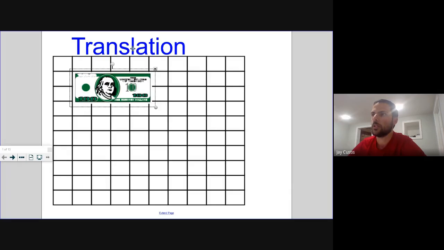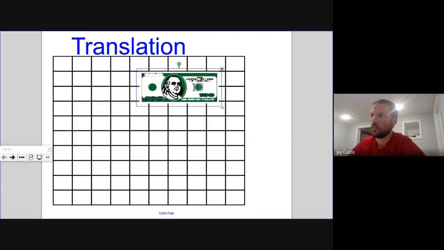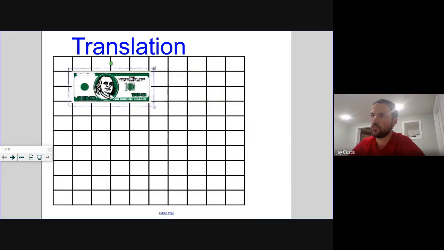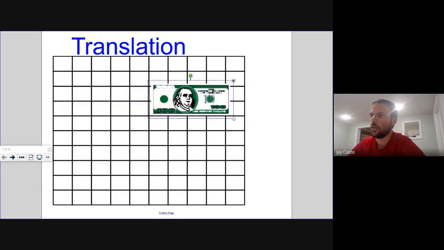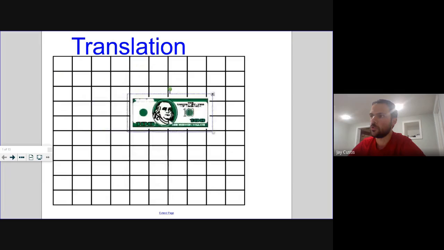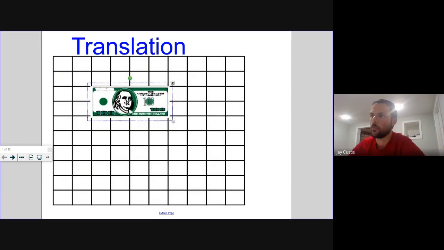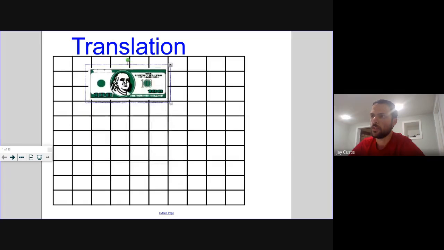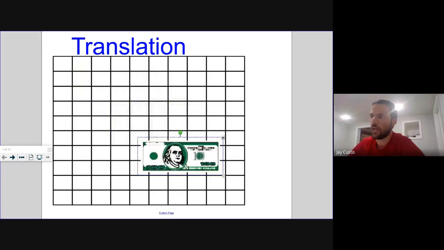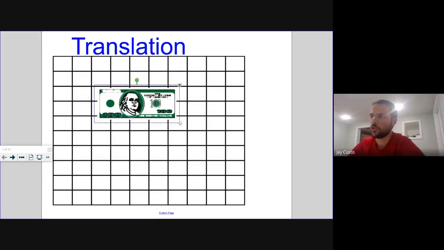So the first type we'll talk about here is a translation. A translation, simply put, is just a slide, right? We can move it right. This is translating. We can move it left. This is translating. We can move it down, up, right? Everything I'm doing right now is translating. A common word that we might use for that is a slide. Anytime we move something up, down, left, right, even diagonally here, we can call that a translation,